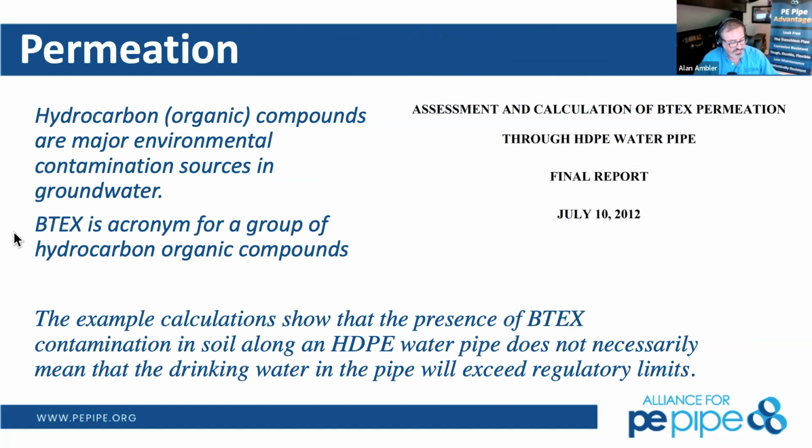We did get asked about permeation. All that high density polyethylene is, from a molecular level, molecules of hydrogen and carbon with a little bit of additives that they put into it at the manufacturing facility. It does allow those similar BTEXs, or complexes of hydrogen and carbon, to pass through the wall. We really want to look at these scenarios when we have stagnant water within a pipe that's simply not moving